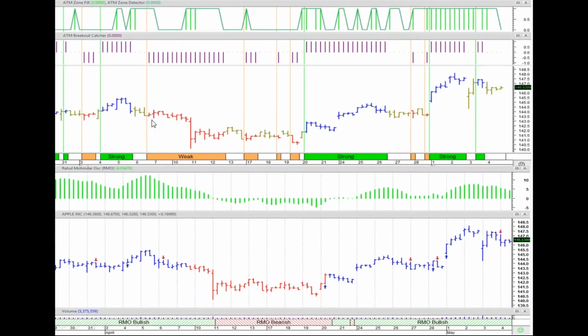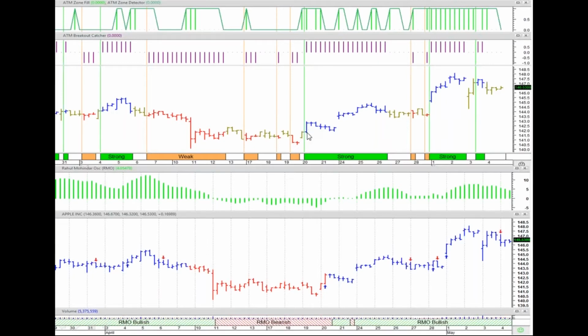For example, look at this sell which comes in here on Apple. This is a red bar. You got it in active mode. You can go short, and that's a nice little drop you get. But when you look at the RMO system, you're probably not going to be selling. You're going to wait till the RMO turns negative, then it doesn't break the low. So it's a difference in terms of perspective.